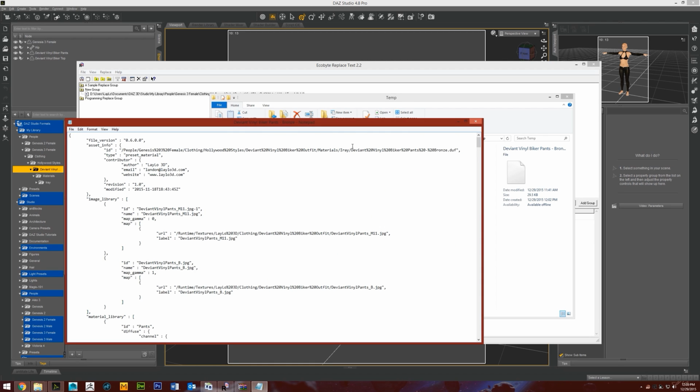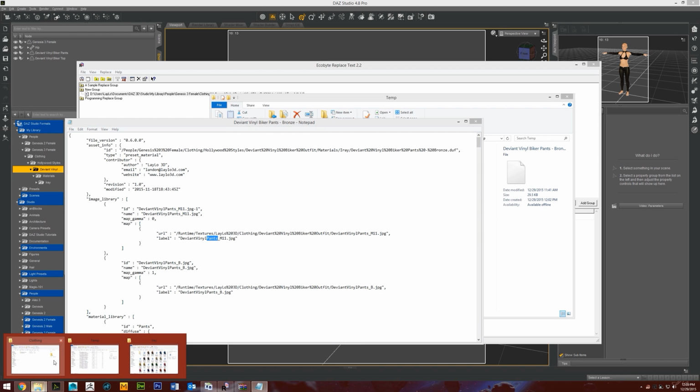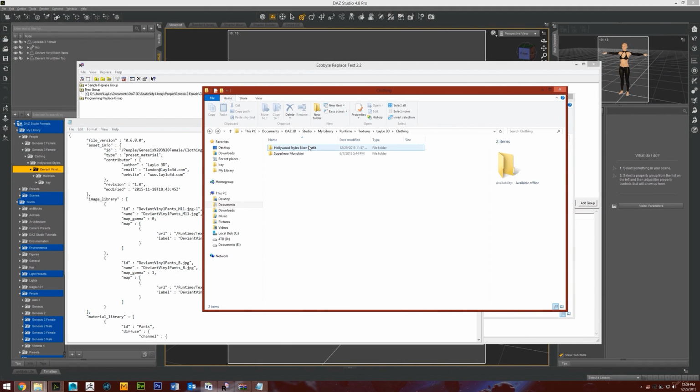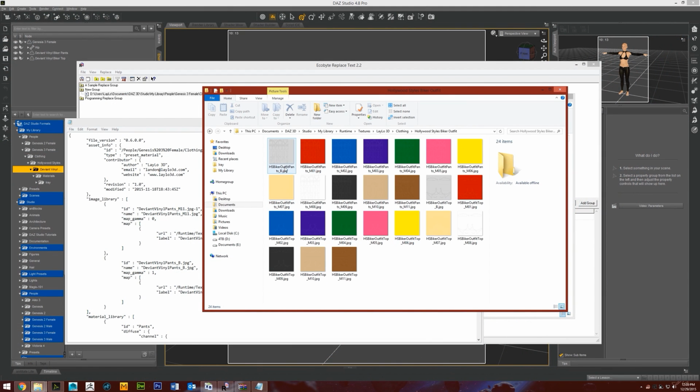Alright, so there's a few things I need to update in here. The first one is the actual texture files themselves. And because I always name all my material files pretty much the same. Here's the bump map, here's the material 1, 2, 3, blah, blah, blah. But they all start with what used to be Deviant Vinyl, but now it's this HS biker outfit. So I'm just going to highlight that part,